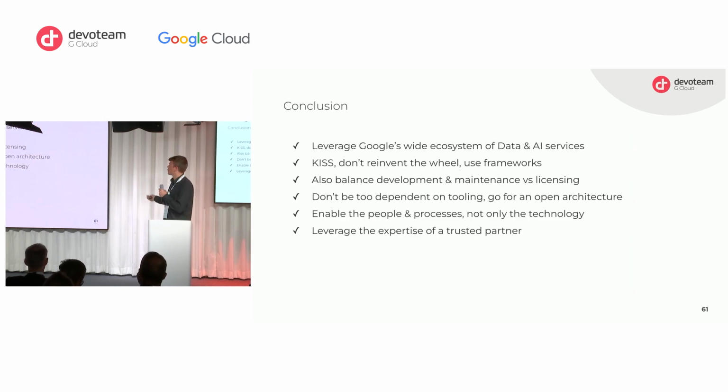Then let's just finish off with a small conclusion. Just leverage the wide ecosystem of Google and all the data and AI services that it provides. It goes so fast. Every day there's something new in the release notes that will help you accelerate and improve your journey. Then keep it simple, stupid. Don't reinvent the wheel. Don't go and build a data connector that is already available. So use frameworks, open source or paid solutions to make you go faster. Make sure to balance development and maintenance of new solutions, like the build versus buy, as Peter Winkelmans was saying. Don't be too dependent on tooling,